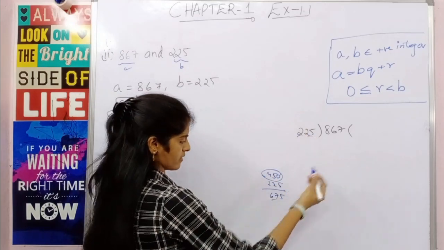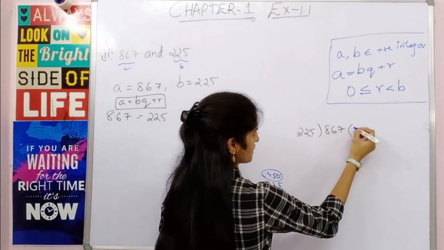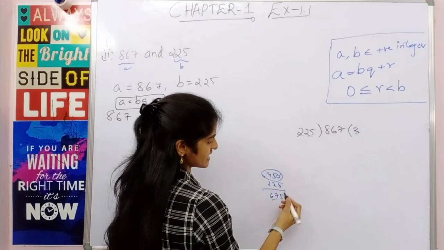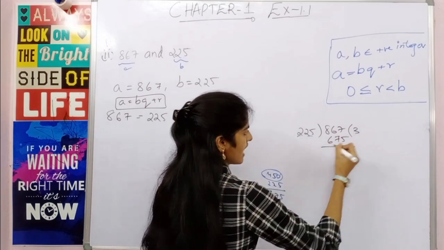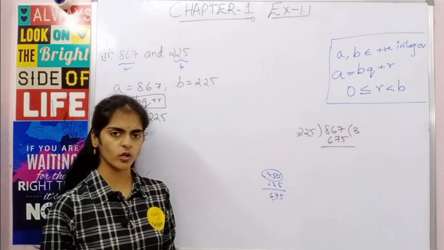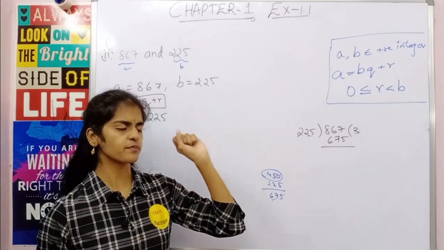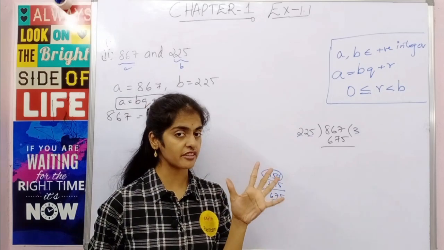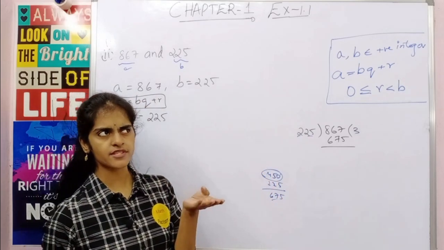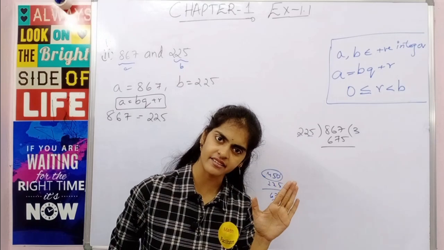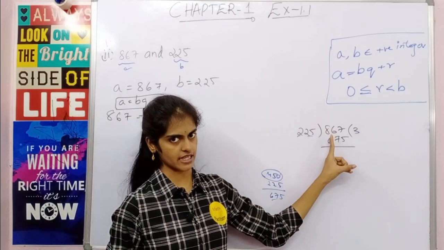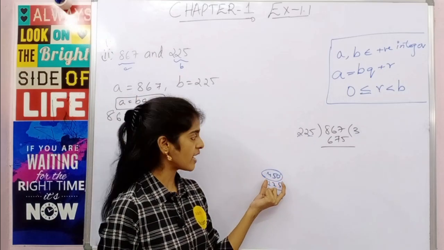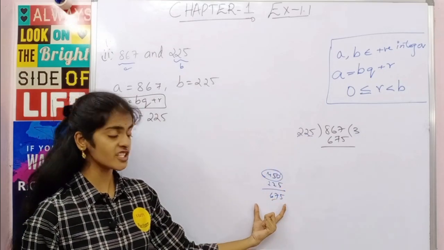So which is more. Okay, so we'll take 3 times. So 225 multiplied 3 times gives you how much? 675. Are you getting it? I am not just multiplying, I am just calculating in my mind. So 225 multiplied 2 times gives what? It gives 450. So if I want 4 times, it is 450 plus 450, which is 900, which is more than our dividend. So let us take 3 times. So 3 times means 450 plus one other 225, so it gives you 675.